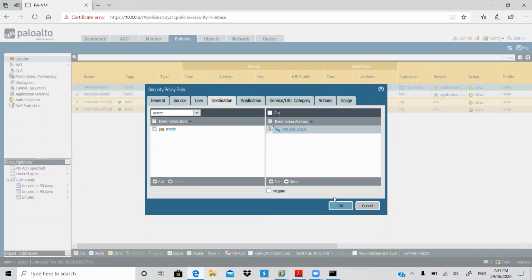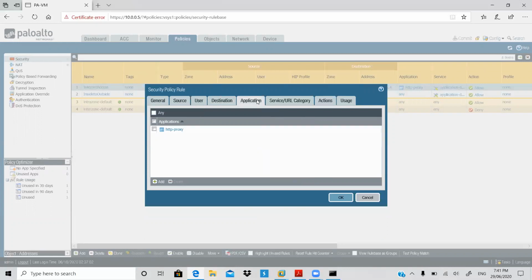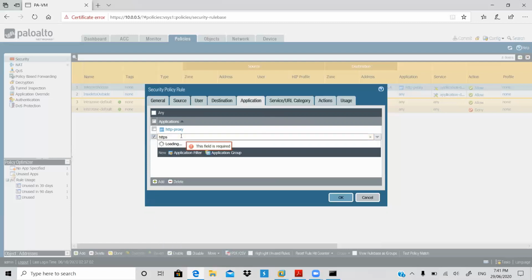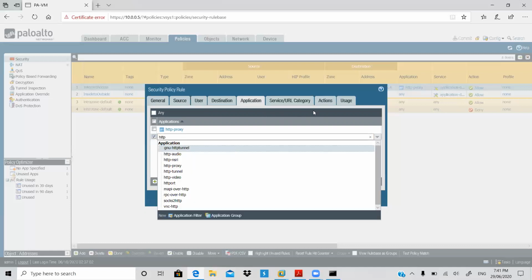Then after, come on the application. Inside applications, add applications. Here you type HTTP, is it coming or not? HTTP only. Wait a minute. HTTP audio proxy tunnel. You should give any.